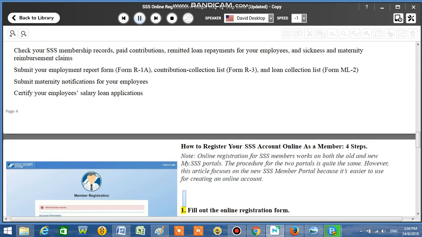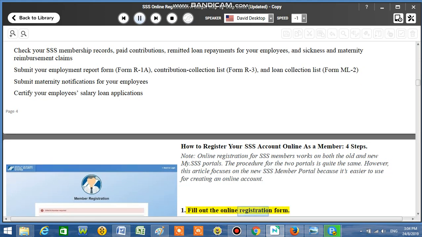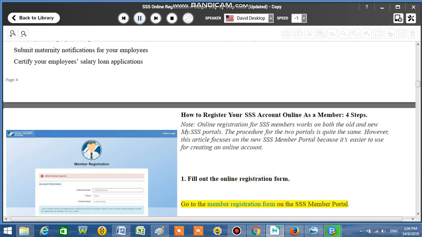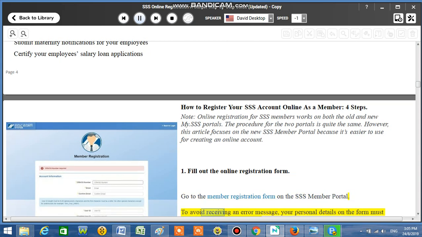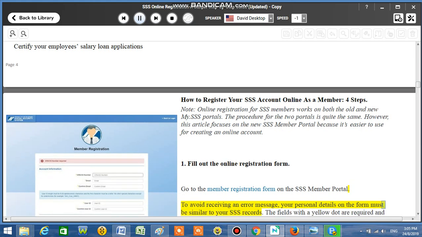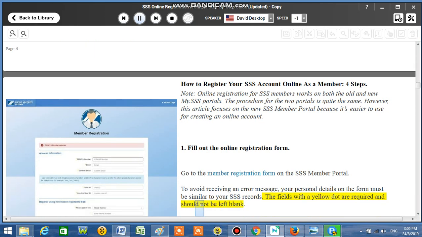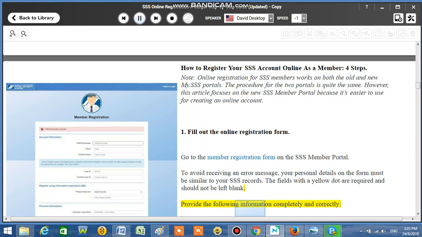1. Fill out the online registration form. Go to the member registration form on the SSS member portal. To avoid receiving an error message, your personal details on the form must be similar to your SSS records. The fields with a yellow dot are required and should not be left blank. Provide the following information completely and correctly: